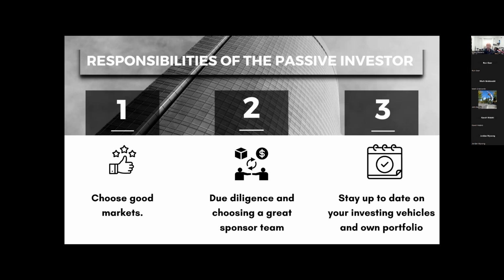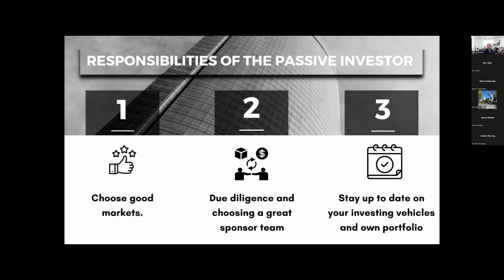We need to do our due diligence on the active investor, on the lead sponsor. So if I'm going to invest in an apartment complex with Joe Smith investor, then I need to know everything about Joe Smith. I probably don't want to invest with him just after I shake his hand, right? It takes time to build relationships, so you want to do that due diligence, understand the track record, know who you're doing business with.